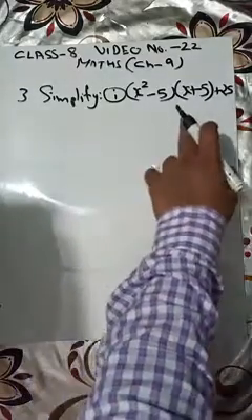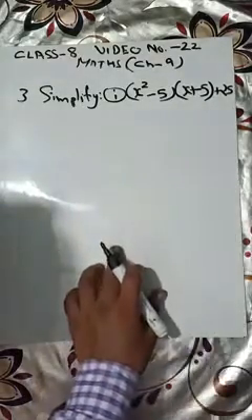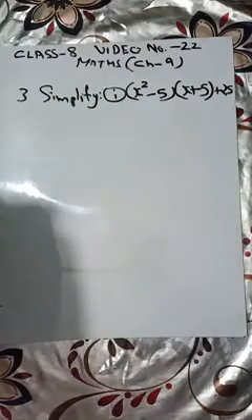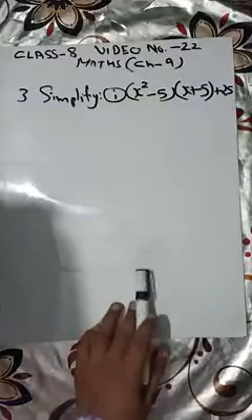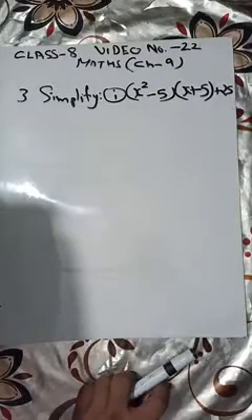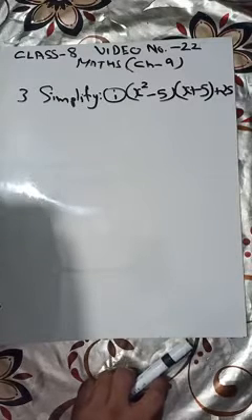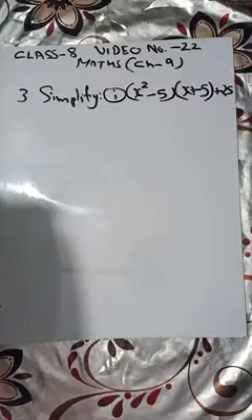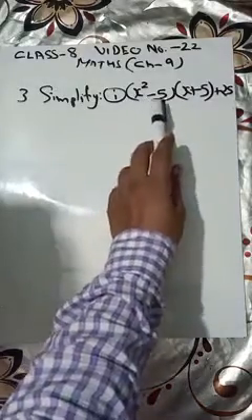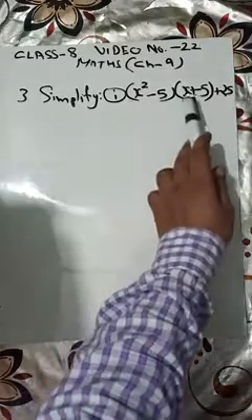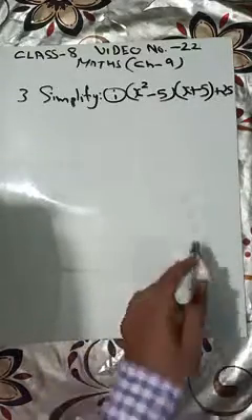Simplify this. Simplify means you have to work according to the sign. Okay. See, first thing is the bracket. According to the BODMAS rule, see here what you can see. We can see bracket here. We can see minus sign, plus sign, and one more sign. Can you identify? Yes, it's a multiplication. So first of all, let us solve the bracket. Can you solve this x square and minus 5? No. Why? Not like terms. Same way with this also. We cannot solve the bracket.